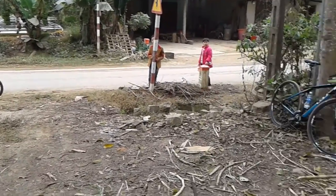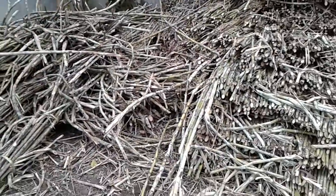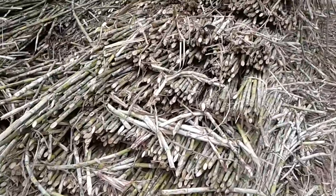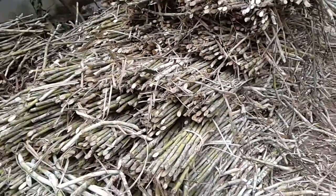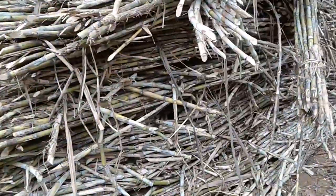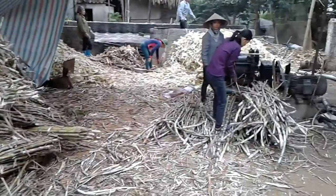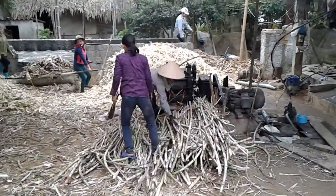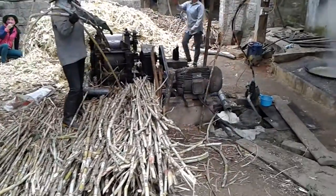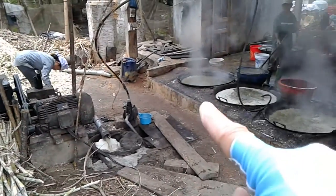Okay, so here I am, and look what I found. Oh my God, it's a small sugar plantation factory. So here's the sugar cane, or the cut sugar cane, and then the ladies over there, they put it in that machine. Yes, look at that. And then you can see down here the juice comes out, and then it goes into